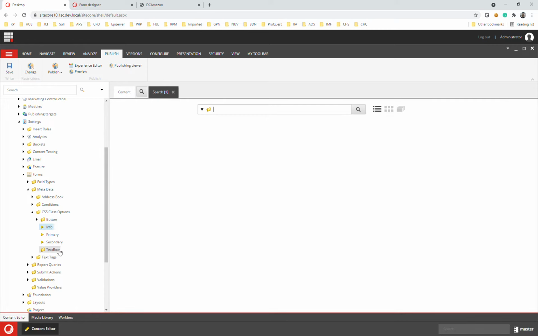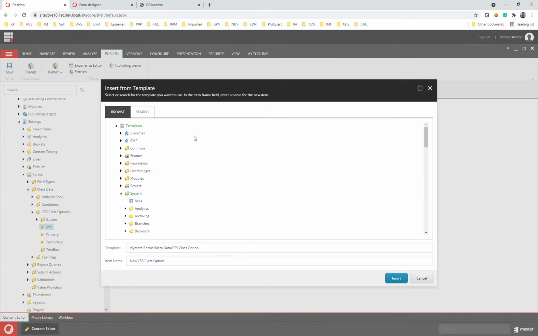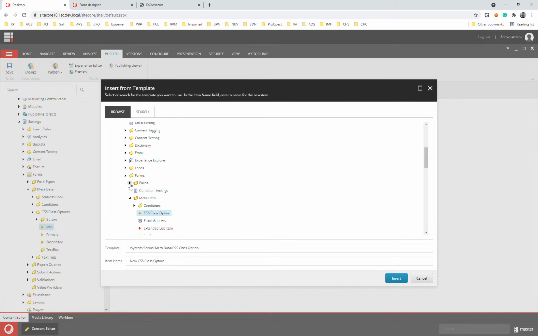Let me go to this folder, and you can choose insert from template. Using insert from template, it will go to the templates folder, and under the template content tree, you can go to System, Forms, Metadata, and you will find the CSS Class Option here.